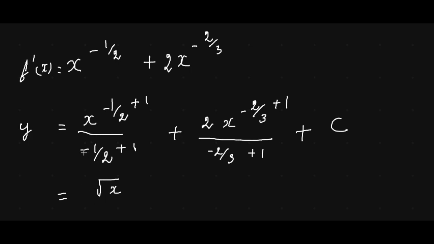And then it will be again x to the power of (minus 1 plus 2) by 2. Minus 1 plus 2 is 1 by 2, and then root of x into 2, right? Because it will become 2 by 1, so that is 2. So 2 root of x plus,